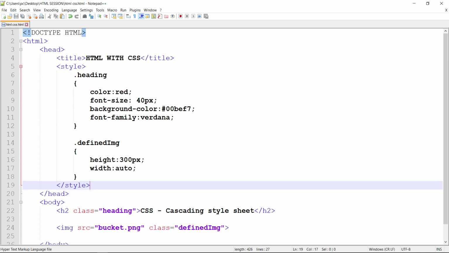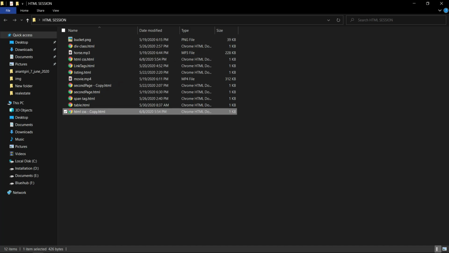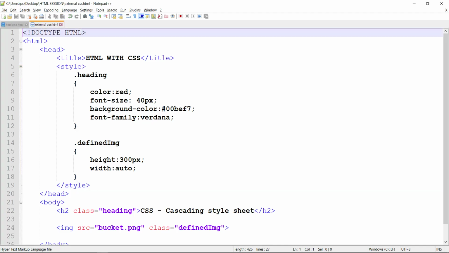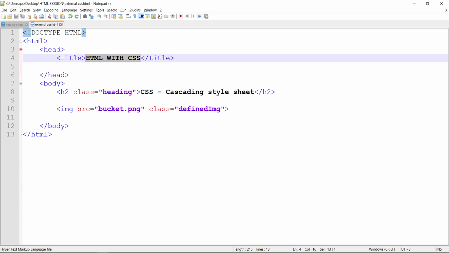Okay, so let me copy this file here and rename this as external CSS. So heading I'm giving this as external CSS.